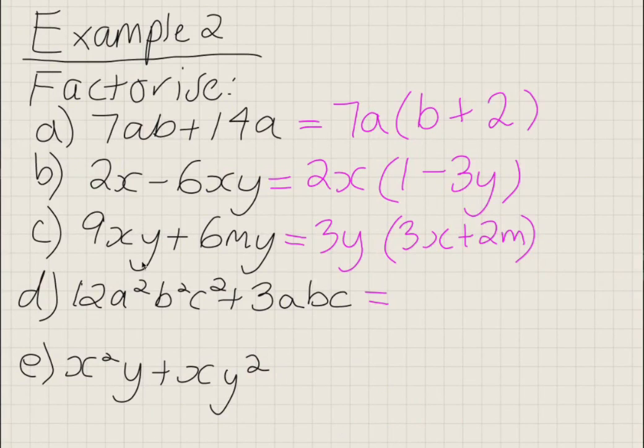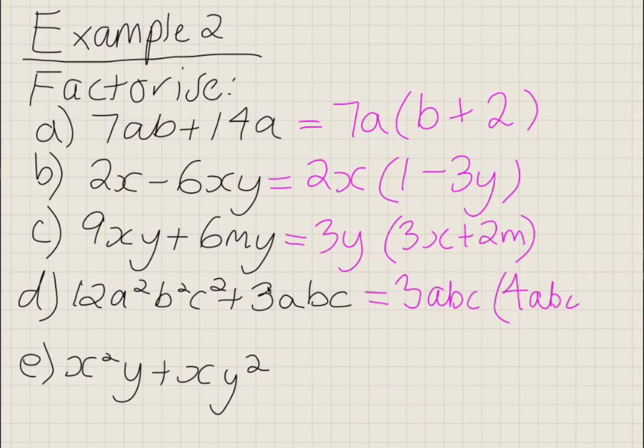Okay, now part D. The highest common factor of 12 and 3 is 3. And a, b and c appear in both of those terms, so pulling abc out the front. Now in the brackets, 3abc times what gives 12a squared b squared c squared? Well, 3 times 4 is 12, and to get the rest of them squared we must have multiplied by the same thing. So that would be 4abc, and then